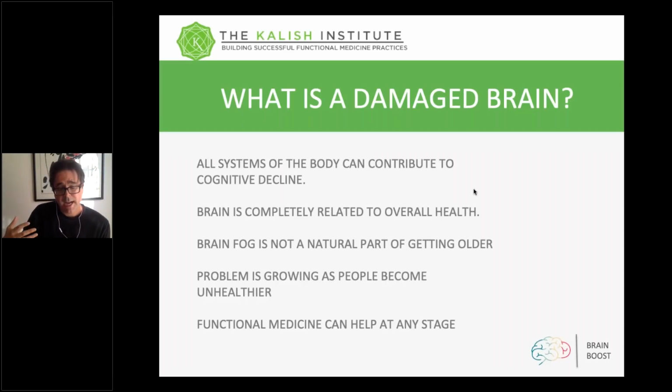And any of the systems of the body, whether it's those stress hormones, whether it's something going on with the gut. There's a lot of talk now about this gut-brain axis, and we're learning more and more about the connection between our brain and what's happening in our gut. And this is via some of the neurotransmitters. It's via some of the other things that affect the nervous system, like the vagus nerve. There's all these incredible interconnections. And this is something Chinese medicine always recognized, but we're really learning how to test and measure these things now. And when we correct for them, it can make a profound difference. And so the brain is just completely related to our overall health.